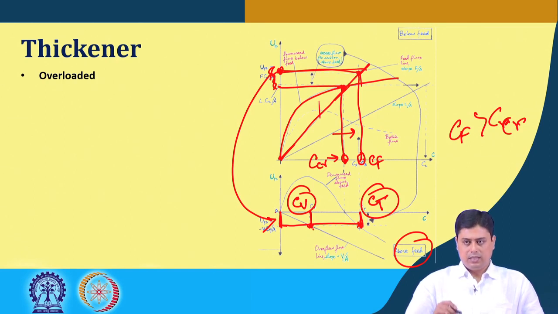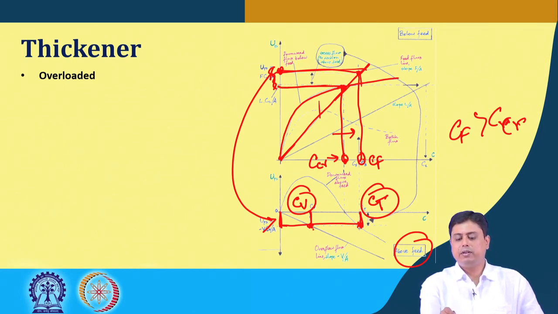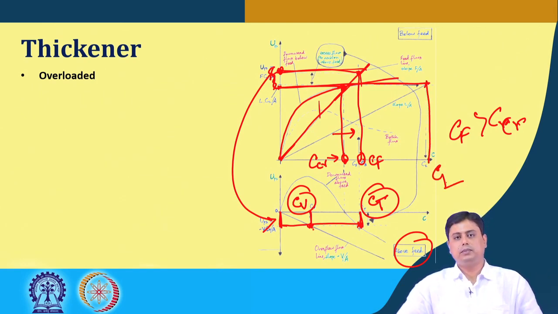Okay. So, this is the concentration in the overflow, this is the mean concentration in the top section. And here, similarly to the previous one, the line corresponding to the critical flux that intersects this L by A line gives the concentration of CL, that is the underflow concentration. Which means we can have all the necessary concentration values if we have this plot.